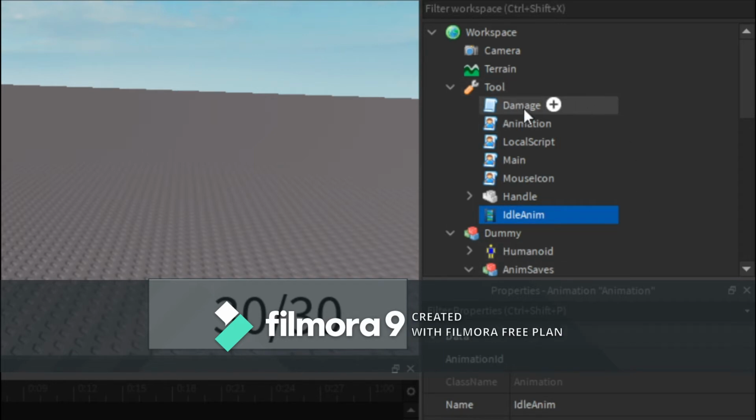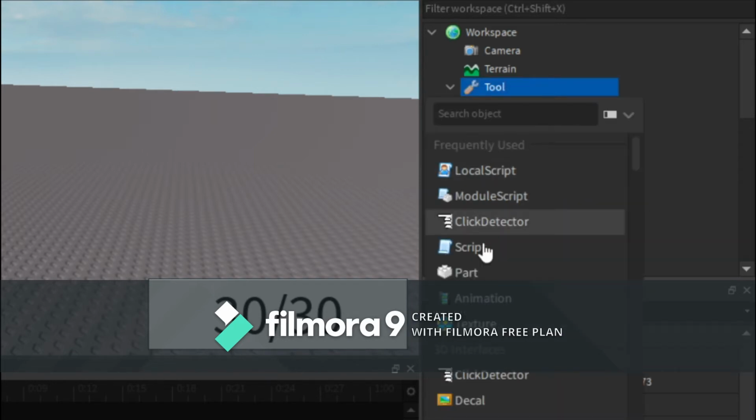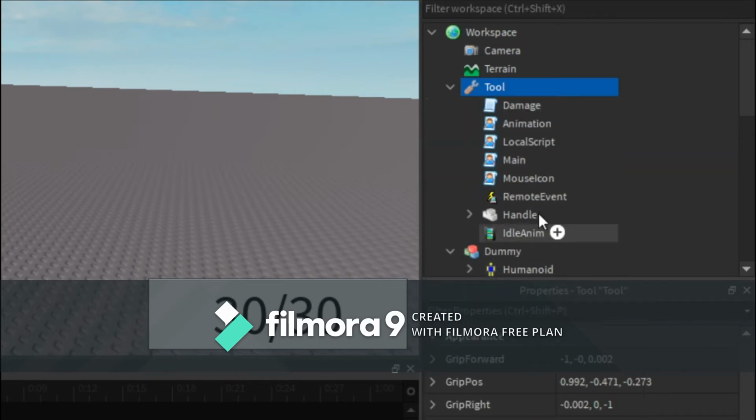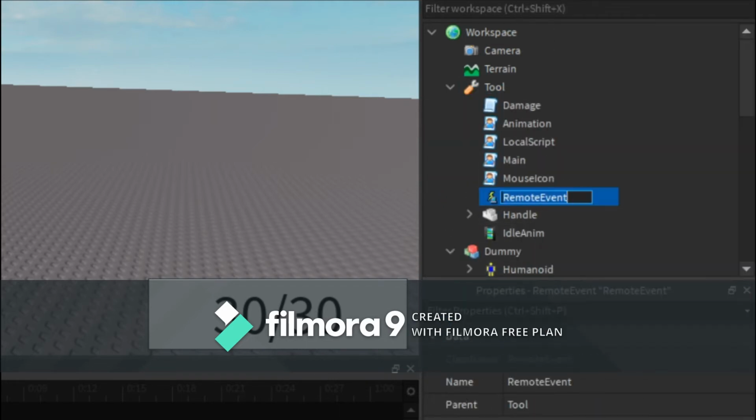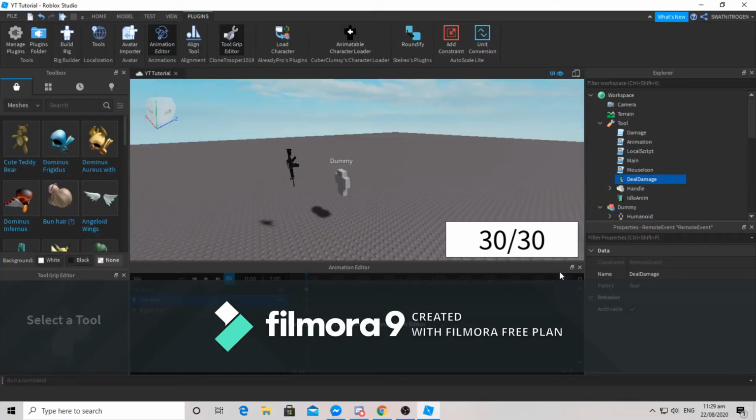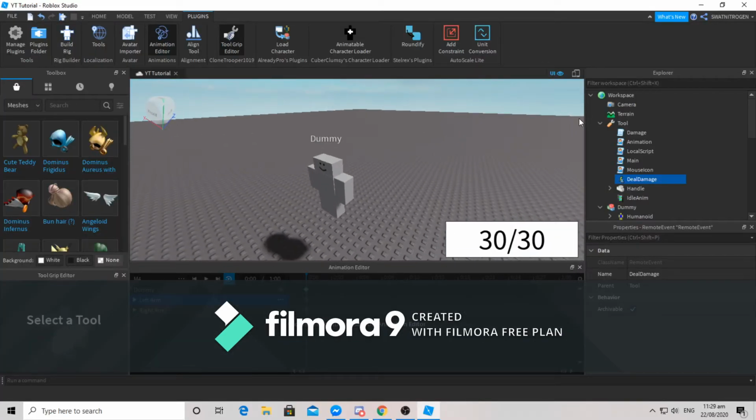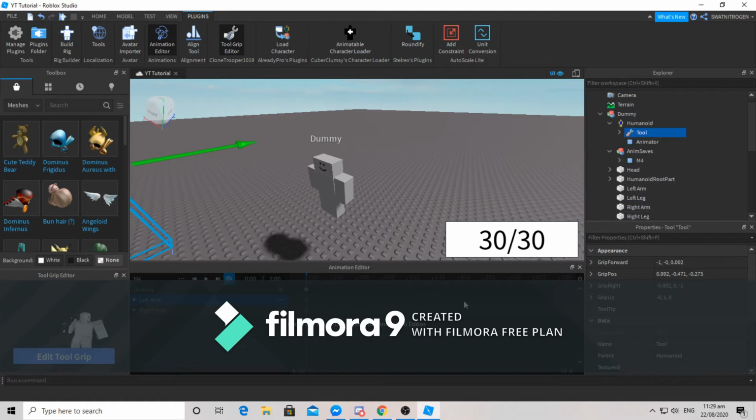Then you want to insert a remote event. Rename that remote event to deal damage. Now we're not done yet. Don't delete your dummy. Alright? We need your dummy for